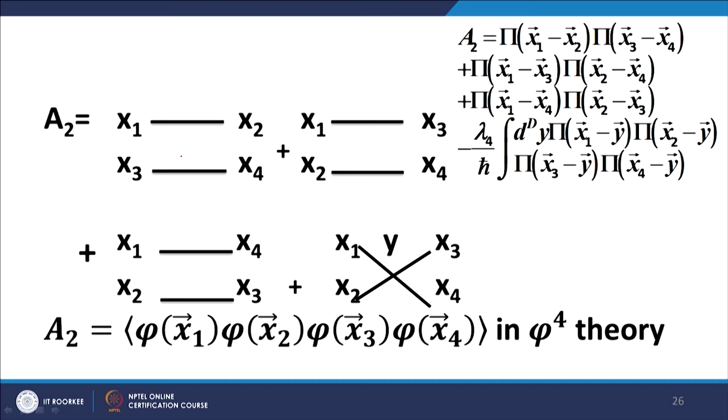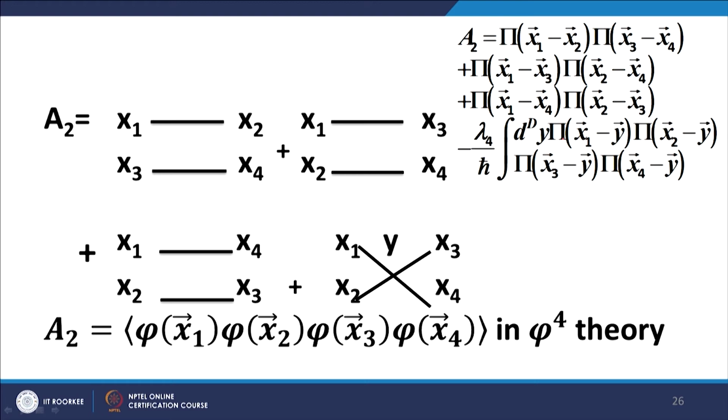And the third diagram as well. However, in the case of the fourth diagram, because we have a vertex here, the factor of lambda 4 comes into play, and this vertex evaluates to minus lambda 4 upon h bar, and the propagators evaluate as usual corresponding to the 4 lines. We have 4 propagators. But then another important thing is that because y is not a point we are specifying, we are talking about space time points in d dimensions, we need to integrate over all possible values of y, and that is why the y integral appears here.